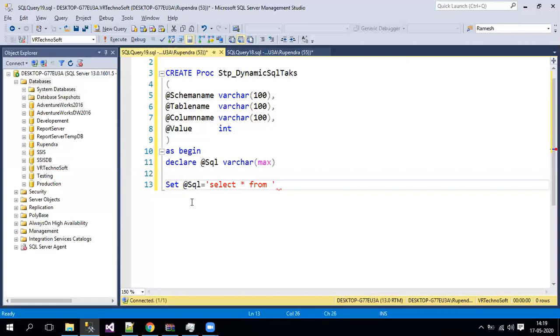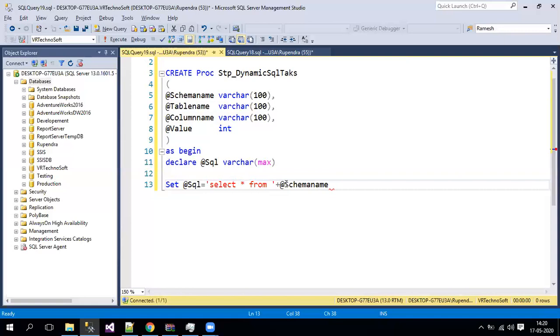Now what they said is, they are passing a schema name here. So for my table, dynamically they are passing a schema. Based upon the schema, I need to get the result set, the schema and the table and all. Before the table, your schema will come, right? Now what you need to do is, you cannot keep your variable inside this dynamic SQL because it's a variable, so it cannot read it directly. It's considered as a keyword. So this is wrong. To allocate that variable name, we need to put plus, and then keep the schema name, whatever we require.